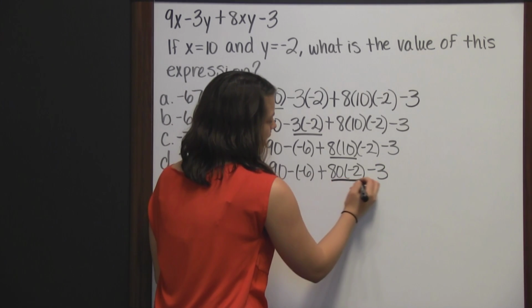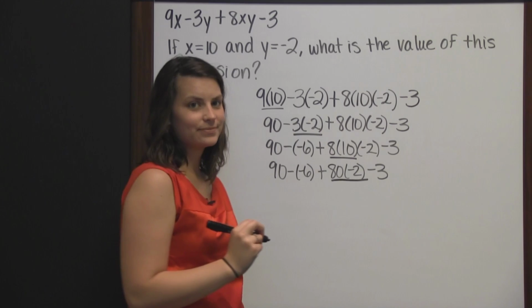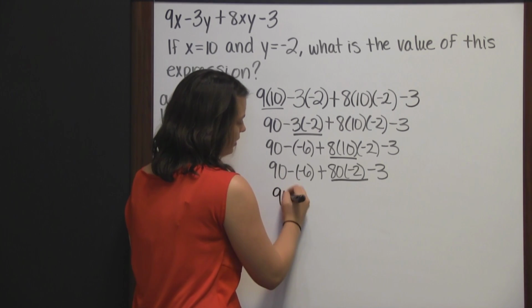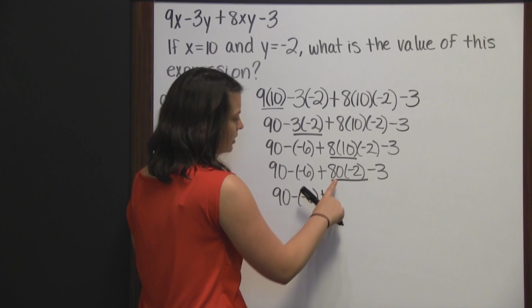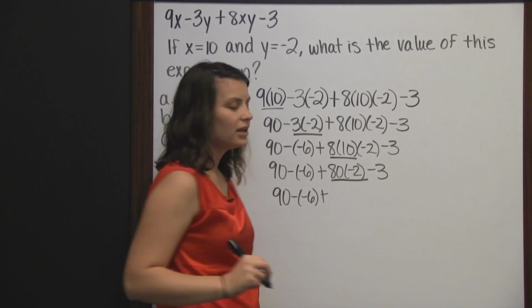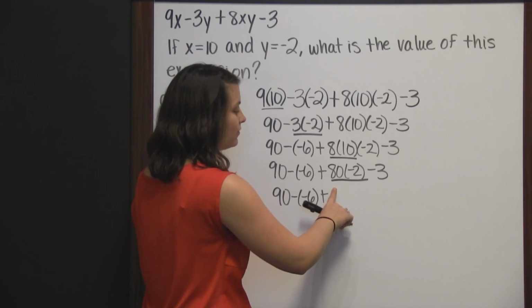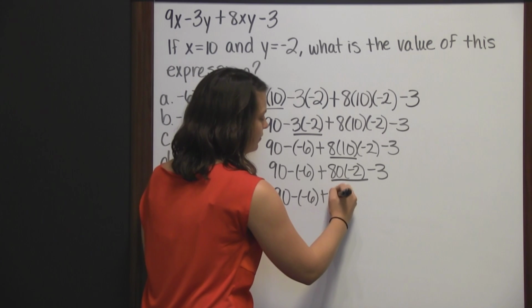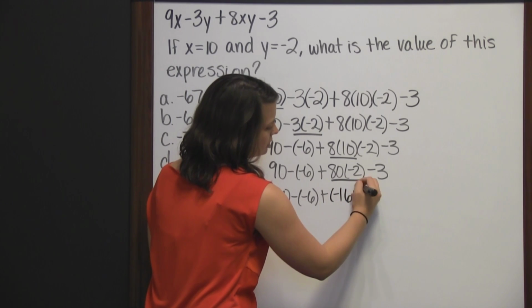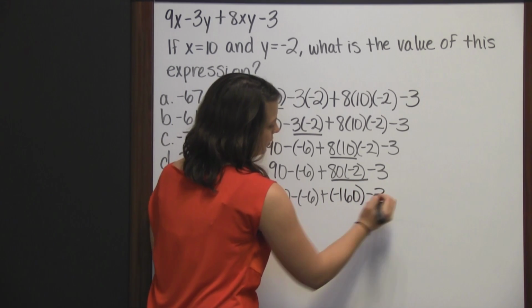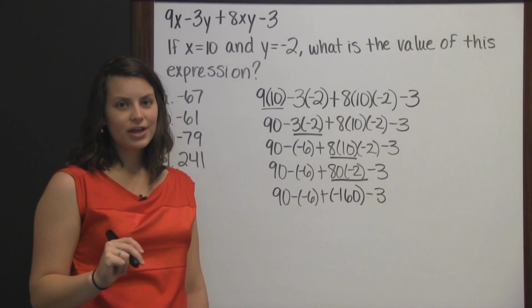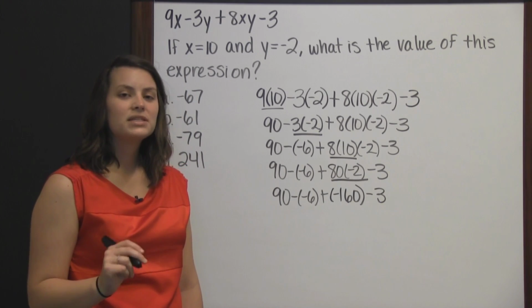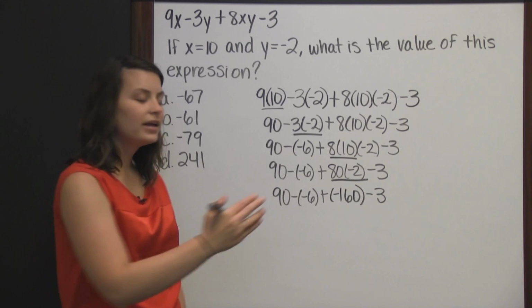Then we need to multiply 80 times negative 2. So we bring down our 90 minus negative 6 plus 80 times negative 2. A positive times a negative is a negative, so negative 160 minus 3. Now that we've taken care of all the multiplication, we're now going to work with addition and subtraction, again from